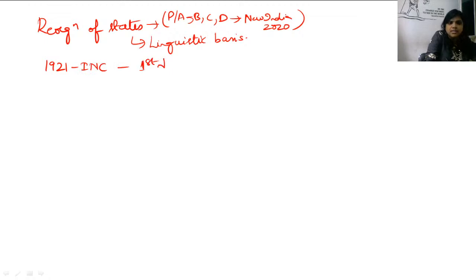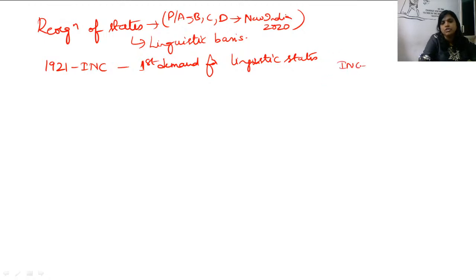This is the first demand for reorganization of states on language basis, linguistic states. So the first demand for linguistic states was made in 1921 in the INC meeting, that is Indian National Congress meeting. You have to know that INC, Indian National Congress, was started in the year 1885,